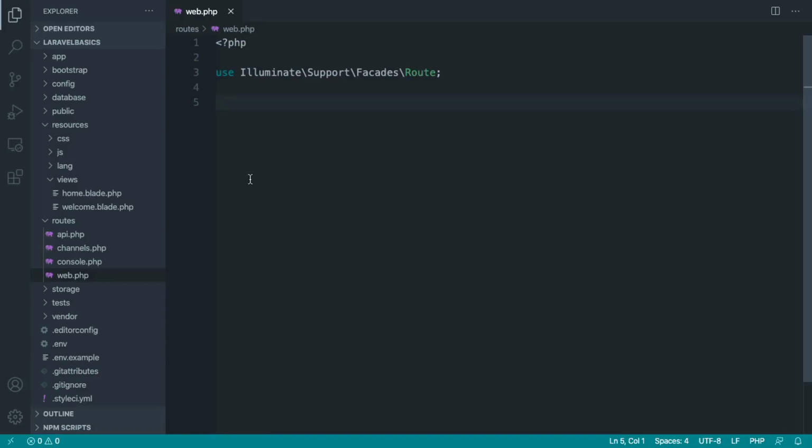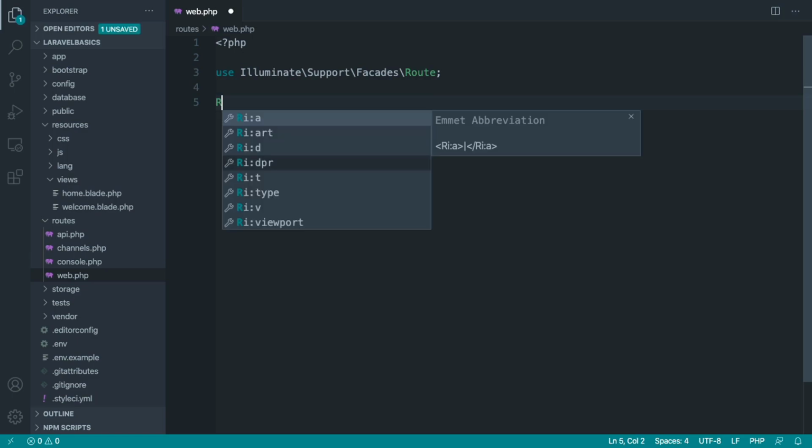Let's take a look at some Blade basics to get us started with templating in Laravel. Now I've cleared everything out just so we can start from scratch, and our goal here is to create a route which renders a posts view that lists through a list of posts. Now we don't have anything in the database yet, we'll get to that a little bit later, but let's start